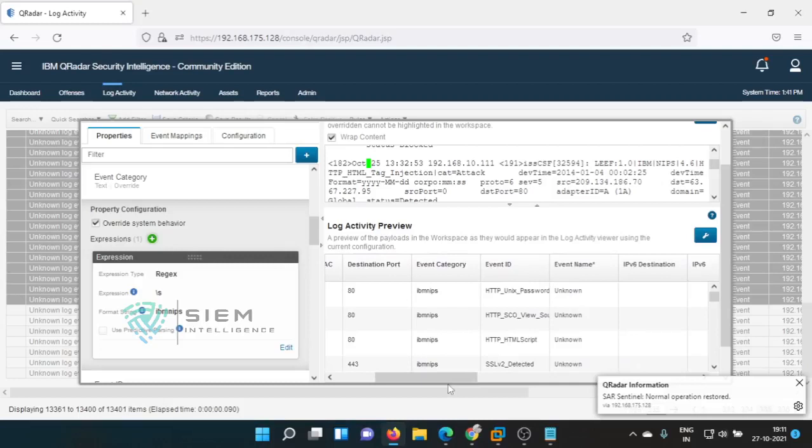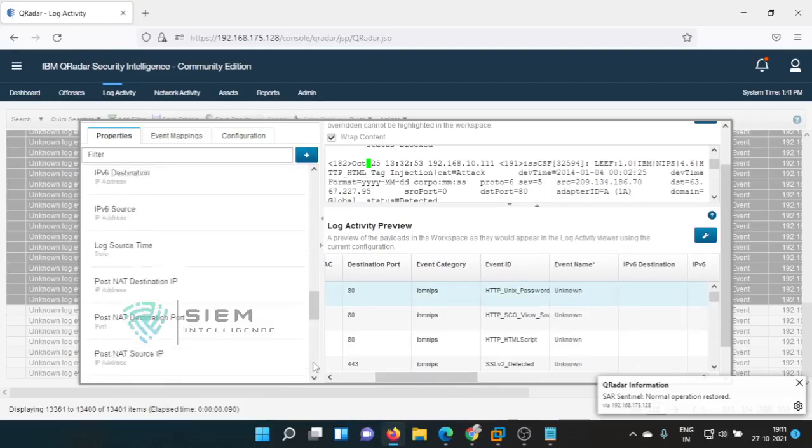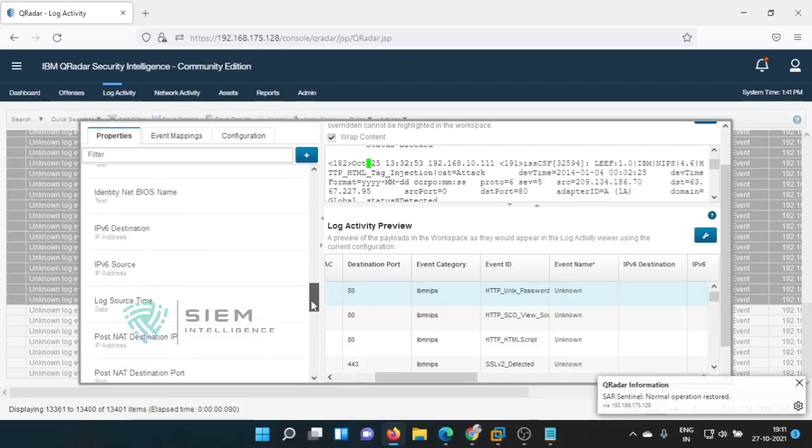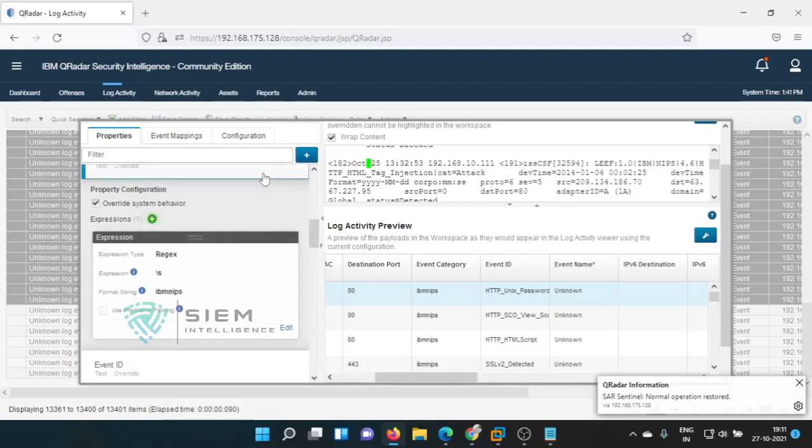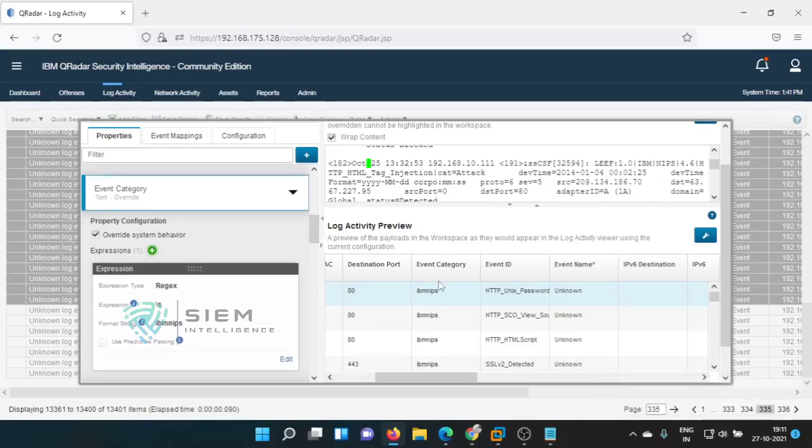We cannot directly create the event name. You won't get any event name option directly. For that, you should map the event with event ID and event category, both.